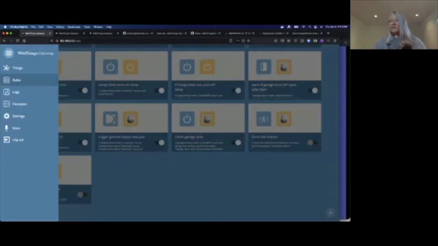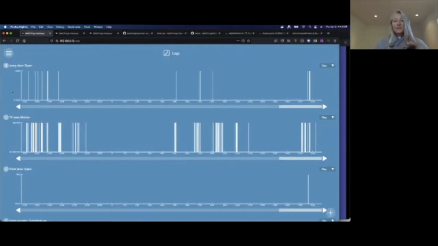It's drag and drop. And the last thing I'm going to show you before we go on the tour is the logs. The logs are just kept locally on the Raspberry Pi. It's a 7-day window of logs, so I can look at things on a daily basis or an hourly or minute or a week. And if I look at the entry door where we go in and out